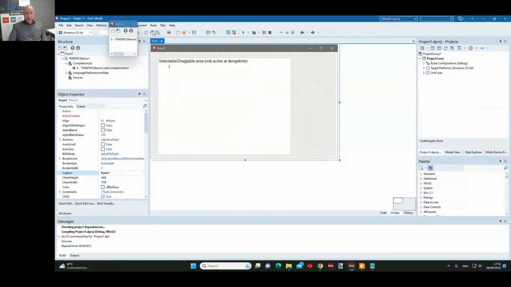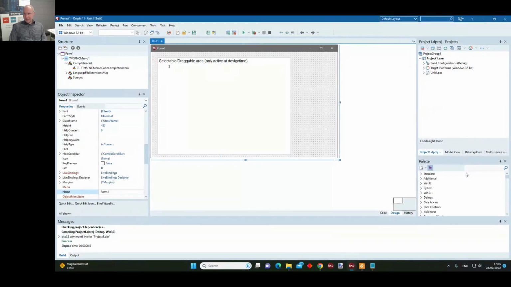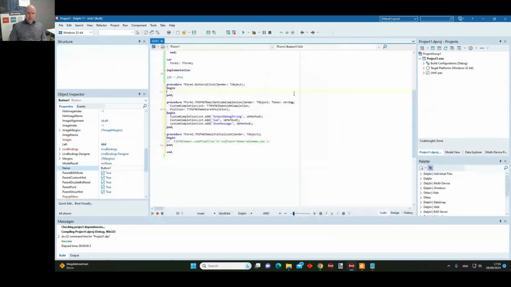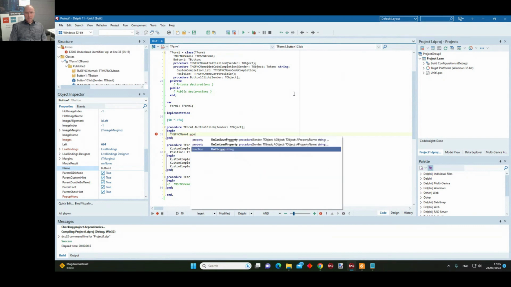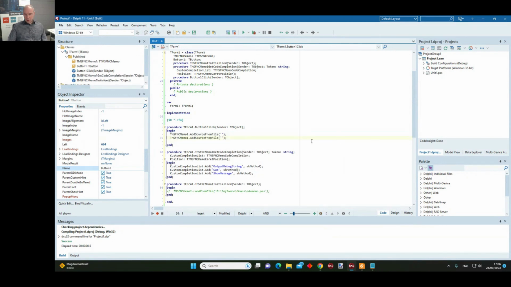Let's now also have a look at a similar concept there is in the FNC memo to deal with multiple sources and only have a single FNC memo instance to keep your memory footprint low. And what I will do for this is I will add a button, and from this button, let's add some add source from file. And again here, we need to use paths.